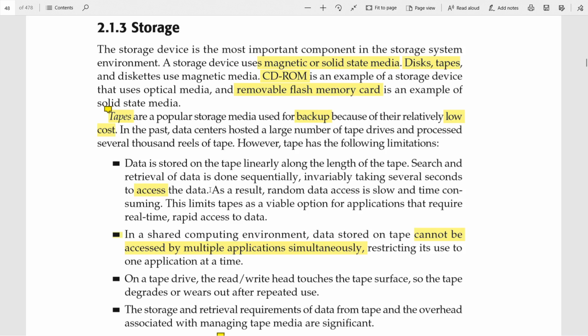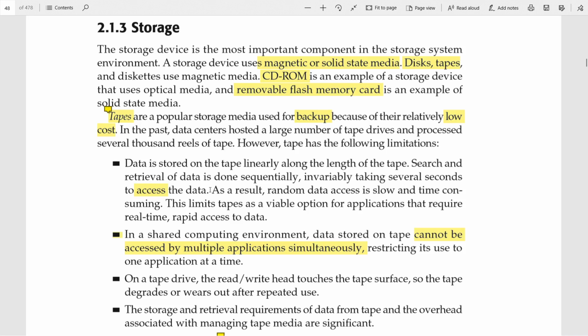Here we also have some disadvantages. One is that the access time is very high. Searching and retrieval of data from the tape takes much more time, and it does not support random data access.